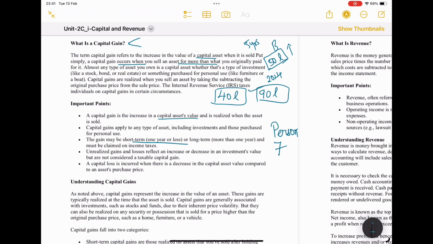Unrealized gains and losses reflect an increase or decrease in the investment value but are not considered taxable in capital gain. A capital loss is incurred when there is a decrease in the value. Yes, we have chances of sustaining a loss in capital while selling the capital asset. For example,